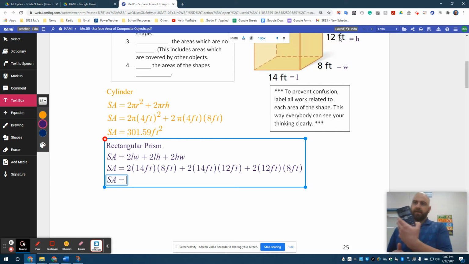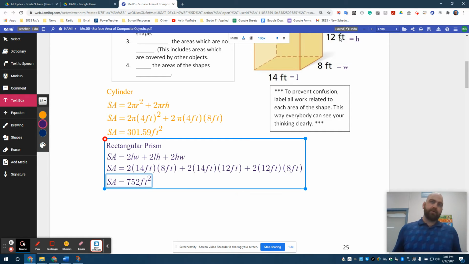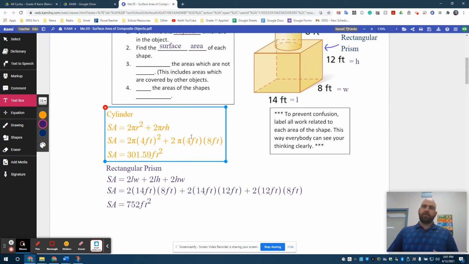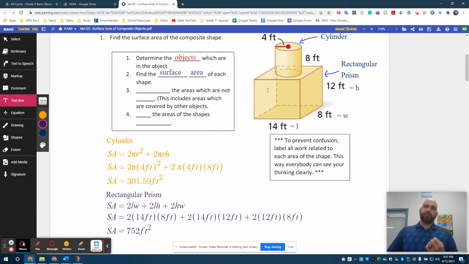Again, I'm going to use my calculator, and we're going to do 2 times 14 times 8 plus 2 times 14 times 12 plus 2 times 12 times 8. And I get 752 feet squared. All right, so what we've now done here is we have found the area of the full cylinder and the area of the rectangular prism,